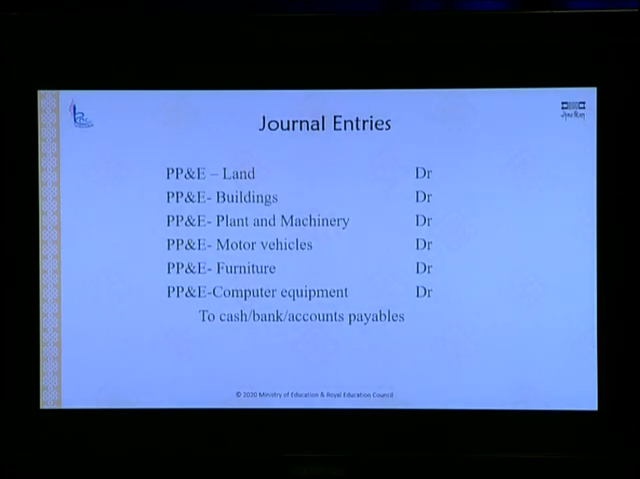So your journal entry is property, plant and equipment. If you are acquiring land, debit property, plant and equipment; building, debit; plant and machinery, debit; motor vehicles, debit; furniture, debit; computer equipment, debit. Likewise, if the company acquires any property, plant and equipment, all should be debited like this, and on the credit side it should be either to cash account if you are purchasing